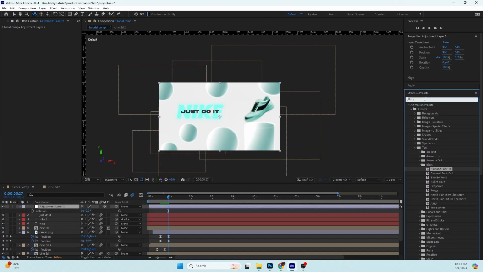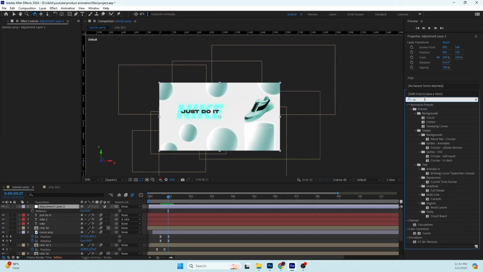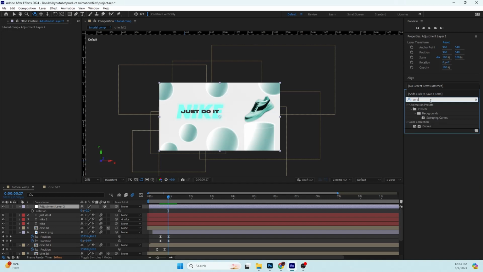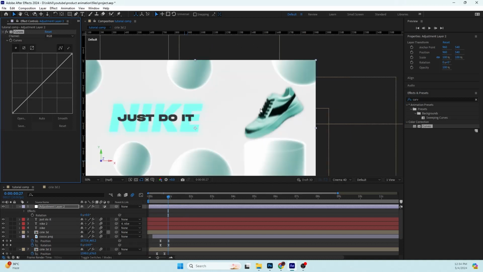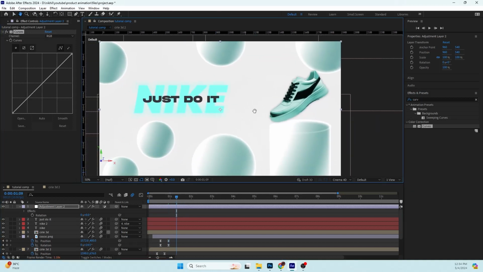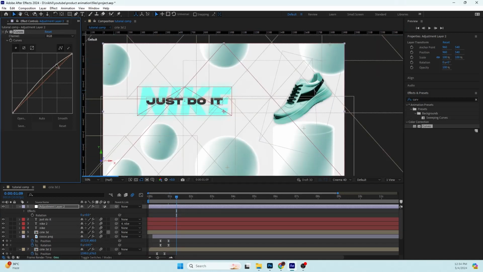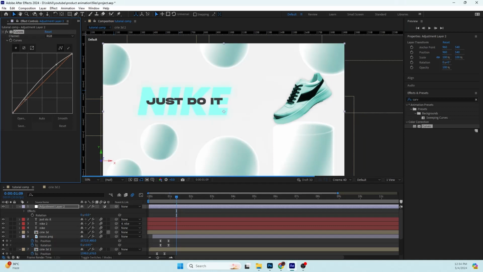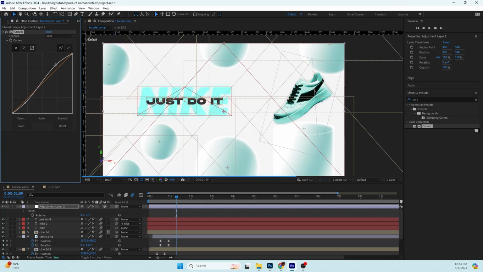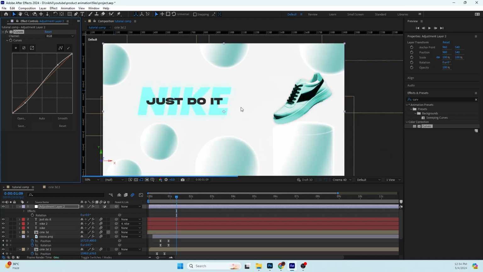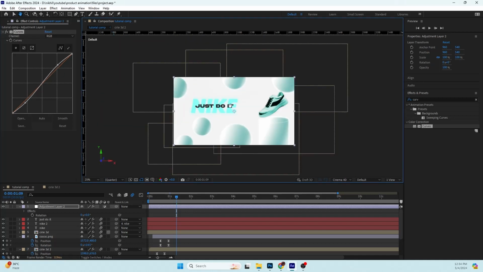We'll take the curves effect from here and apply it onto this, and then we can go somewhere around here when everything's almost static, and then we can change the contrast of this. Basically adding this adjustment layer on top of every layer will make the scene blend in more,